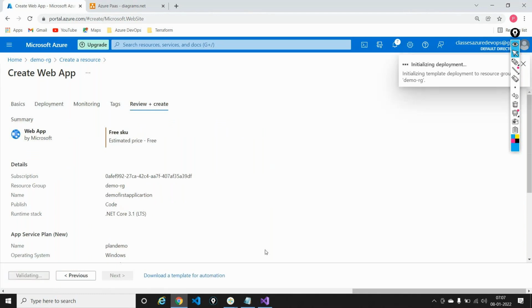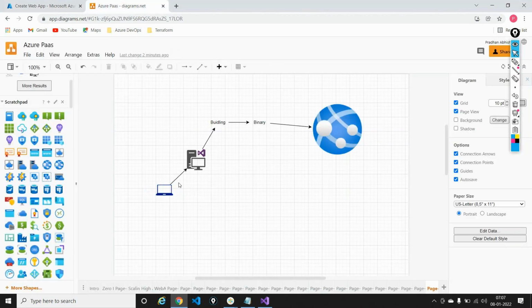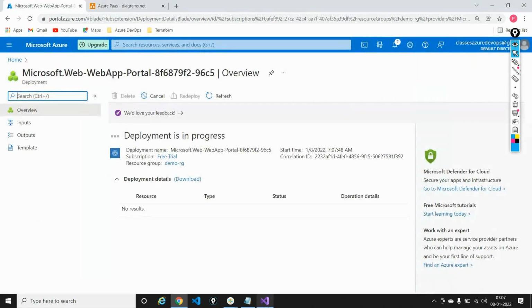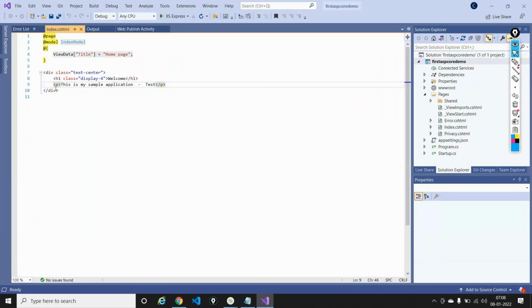So my infrastructure is getting ready, and right now I want to do a deployment from my local machine using Visual Studio. So using a build process, then using a publish process to take this to, let's say, an Azure Web App running in Central US. This is what I want to do, and this is where we are. We said this is my test application. So I have just written a very simple code.